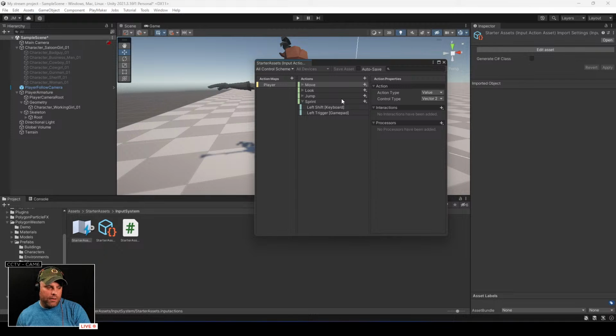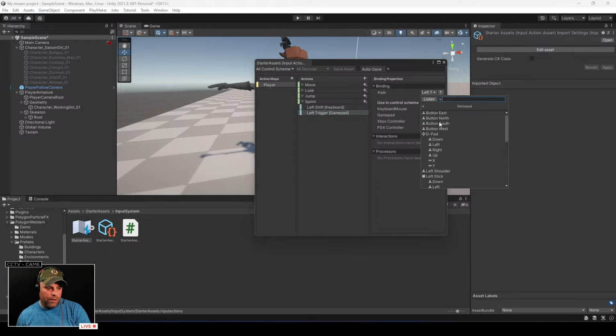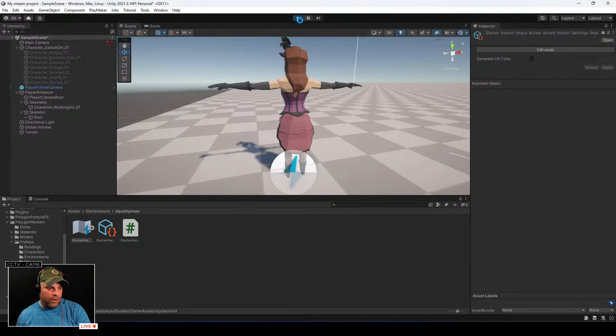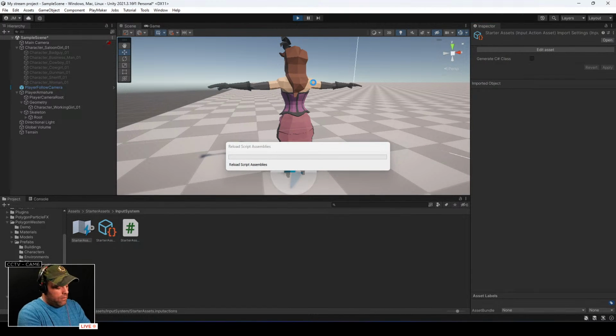For sprint, I'm going to go down to sprint, down to gamepad. Right now, for mouse and keyboard, it's left shift key. For the gamepad, it's left trigger, which I don't like. What I'm going to change it to is, I'm just going to go here, gamepad, left stick press. There we go. Autosave. I like to always click the autosave thing, so when you make a change, it just automatically saves it. So now if I play again,